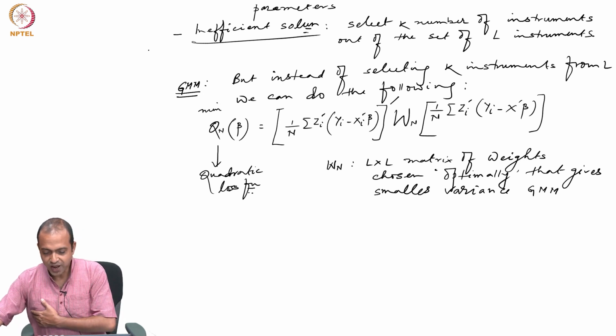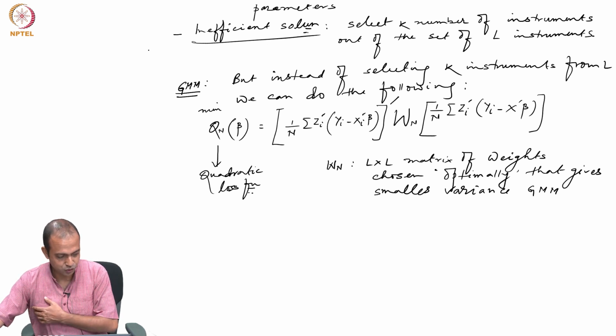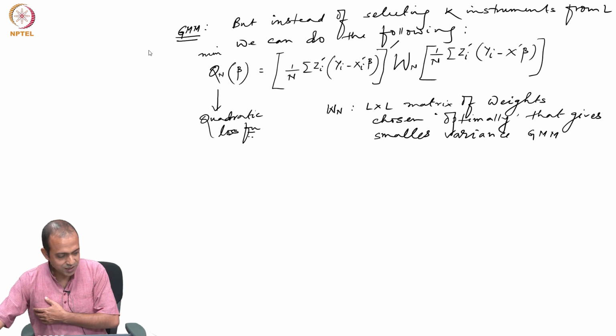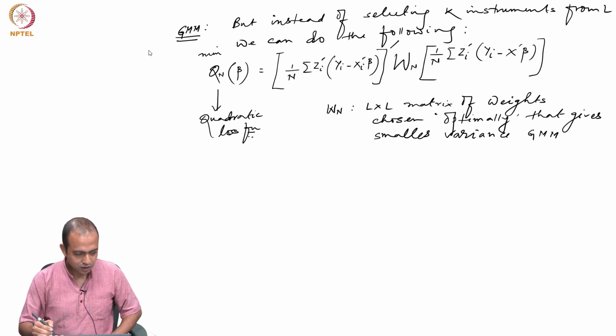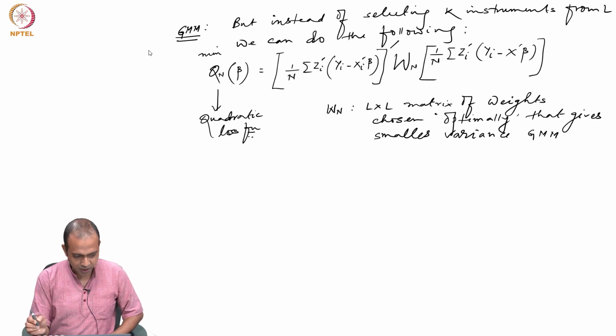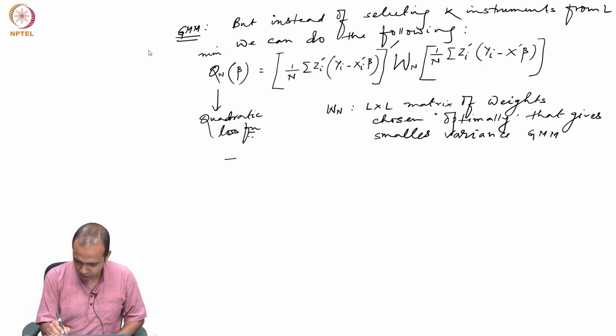That is the idea when I have more instruments than parameters to be estimated, and if you minimize this with respect to beta, the solution will give you